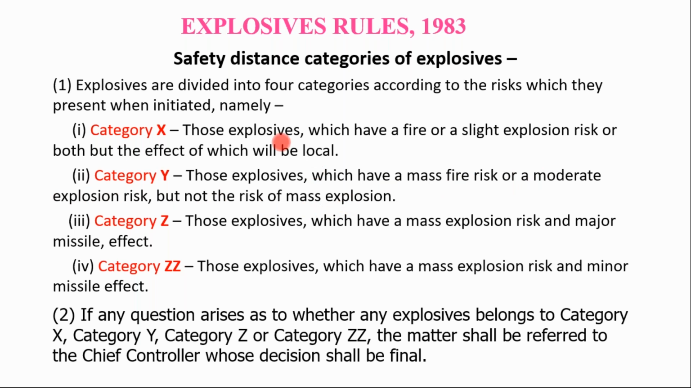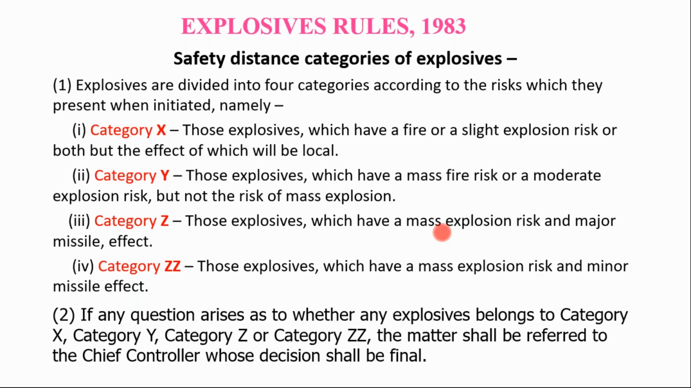So here, if you compare this X and Y, here only fire, now here it is a mass fire risk, here slight explosion, now it is a moderate explosion risk. But if it is not the case of mass explosion, then you can call these explosives Y category explosive. Then Z category explosive, which have a mass explosion risk and major missile effect, then these explosives are called